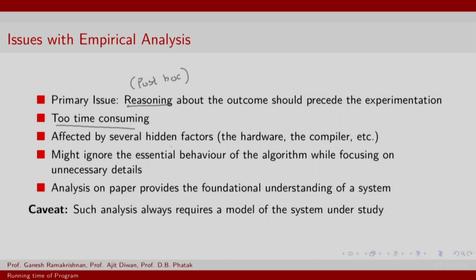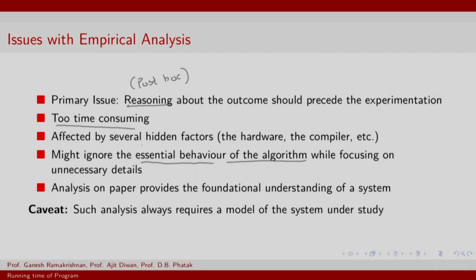Also, there are several hidden factors despite our best efforts to normalize them, for example the hardware, the compiler, etc. Most importantly, it ignores the essential behavior of the algorithm. Binary search is supposed to be efficient on a sorted array, but what does efficient mean? So you want to capture the essential behavior of the algorithm. However, empirical analysis might ignore this while focusing on the unnecessary details,